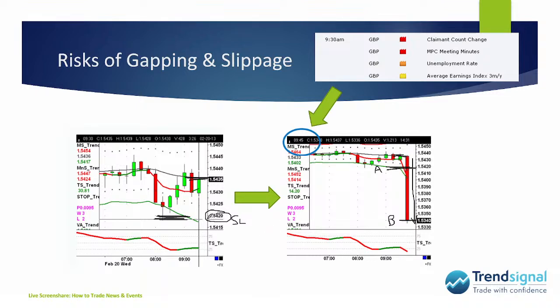So my stop loss at 154.20 is to be closed on a best endeavors basis. So assuming somebody wants to buy at 154.20, I'm going to be able to close my trade at my stop loss at 154.20. Okay, so what do we think? If the market's moving super quick, where am I more likely to be matched? At price A or at price B? Really, the answer is it could be anywhere in between.